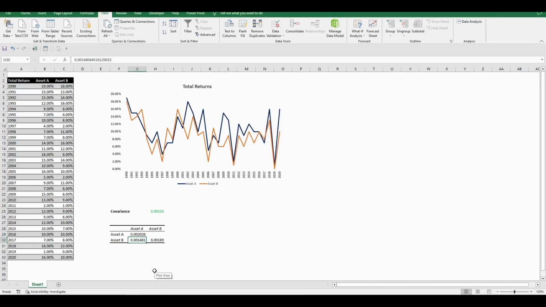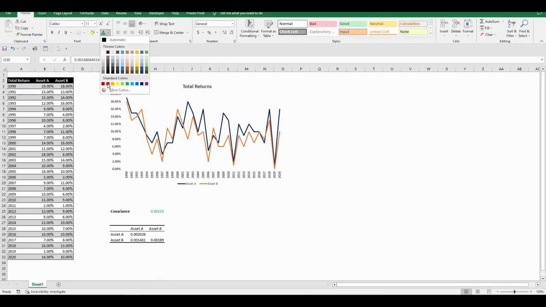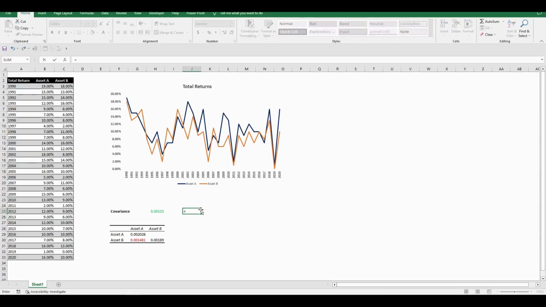However, as you can see, the covariance, even if it is positive, it is somehow different from the output of the covariance sample function. And the reason is that the covariance analysis tool considers that we study the entire population. So if we use the covariance population function, the output is exactly the same as the output of the data analysis package of the covariance analysis tool.